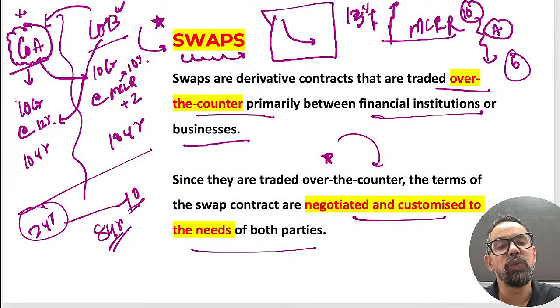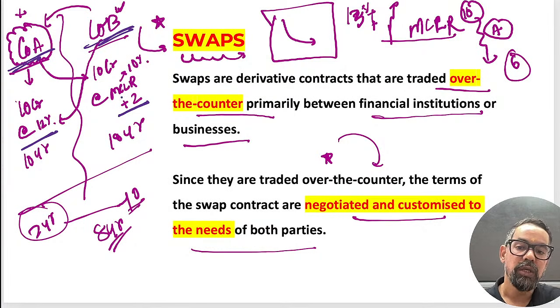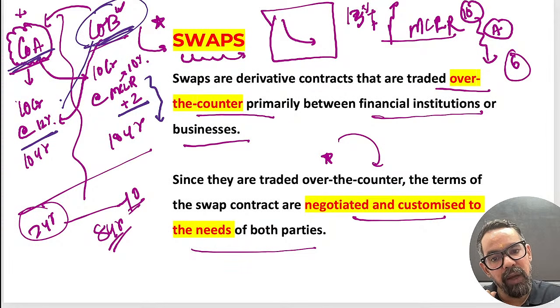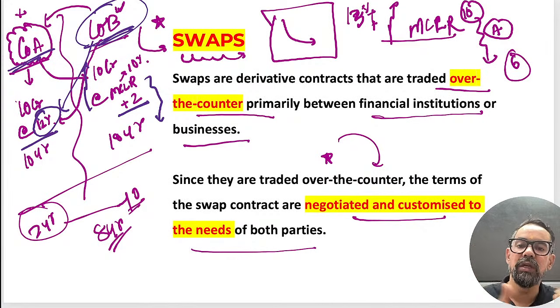Then we have the swap. Swap is basically a flip, an exchange of currency, like the Uno swap. So this is similar. Company A has taken a loan at a fixed rate, company B has taken a loan at a floating rate. Company A is expecting that MCLR will come down, so company B will get benefited. B is expecting that MCLR will go up and they will have a loss because they have to pay extra, and this 12% is a fair deal.